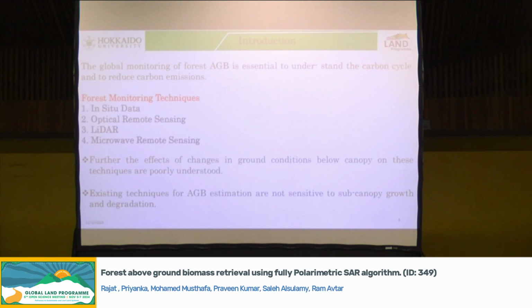And the fourth one is the microwave remote sensing SAR data. This microwave remote sensing operates in the microwave region of the electromagnetic spectrum, that is 1 meter to 1 millimeter, and it can penetrate through the cloud cover, and it's not affected by the weather condition, and it can operate day and night. But using the SAR synthetic aperture radar microwave data also, there is a limitation that the subcanopy conditions in the forest are still poorly understood. So this research,